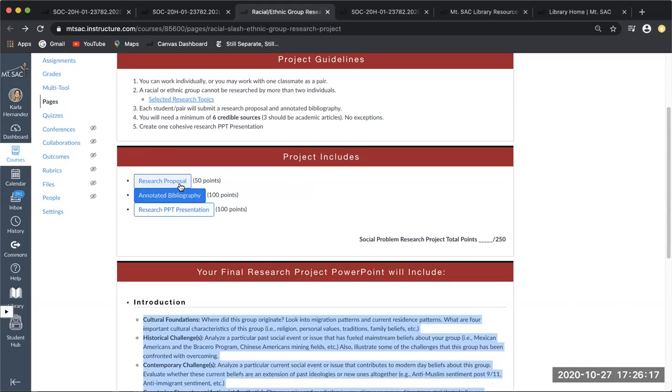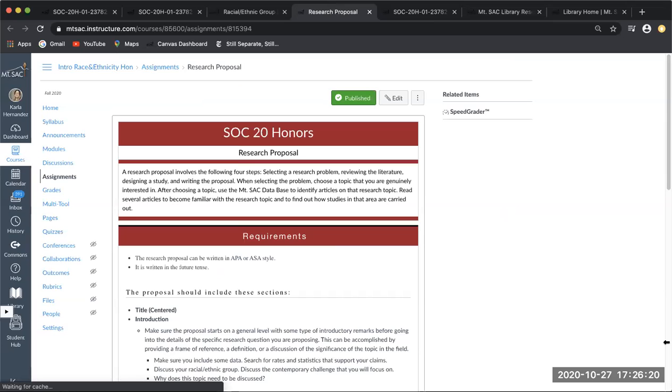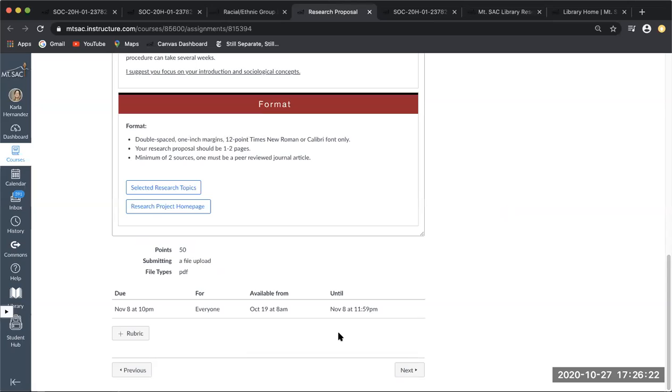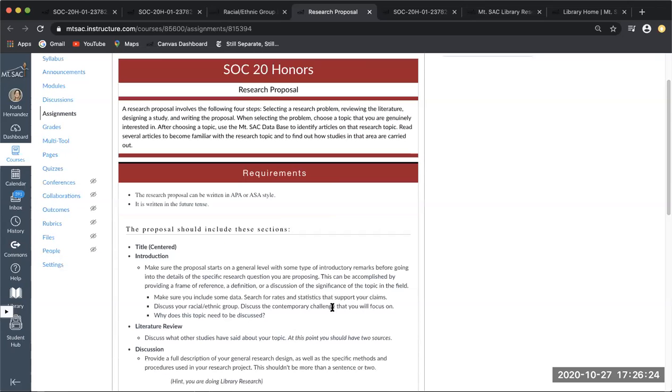So let's go to the research proposal. Your research proposal is due next week. I do not have a sample of the research proposal, and I've noticed, especially in my honors classes, students get very uncomfortable when they don't have a sample. Please do not freak out over this assignment. This is simply to get you started on your research project.